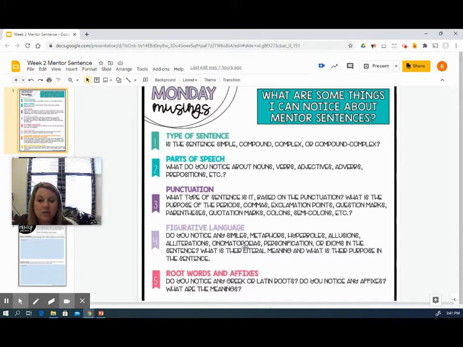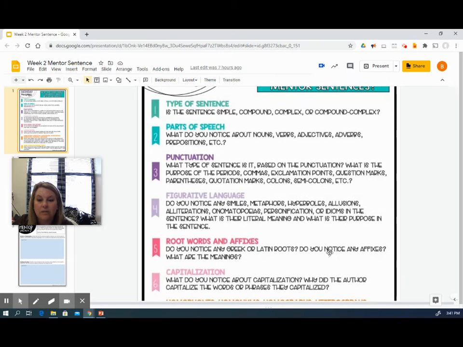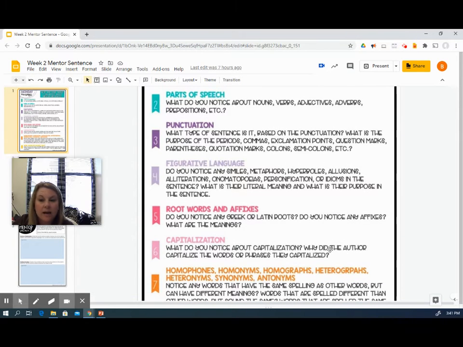Some sentences do. As you know, last week our sentence had hyperbole in it. This one may or may not have figurative language, and if it does, it may not be hyperbole. So look over these things and check to see if the sentence contains any of that. Again, there are reference pages to help you with this. I do not expect you to have it memorized, but hopefully as we work through this, you will have a better working memory of them.